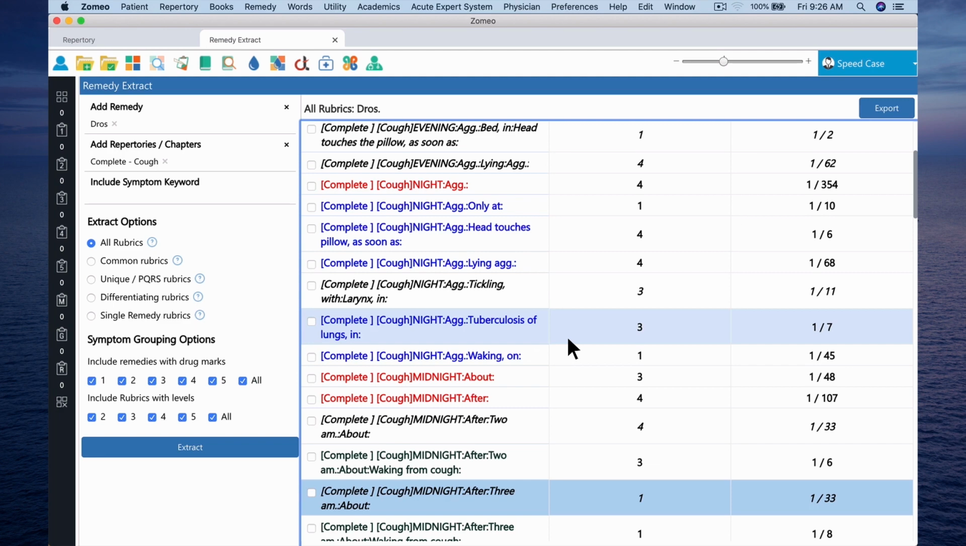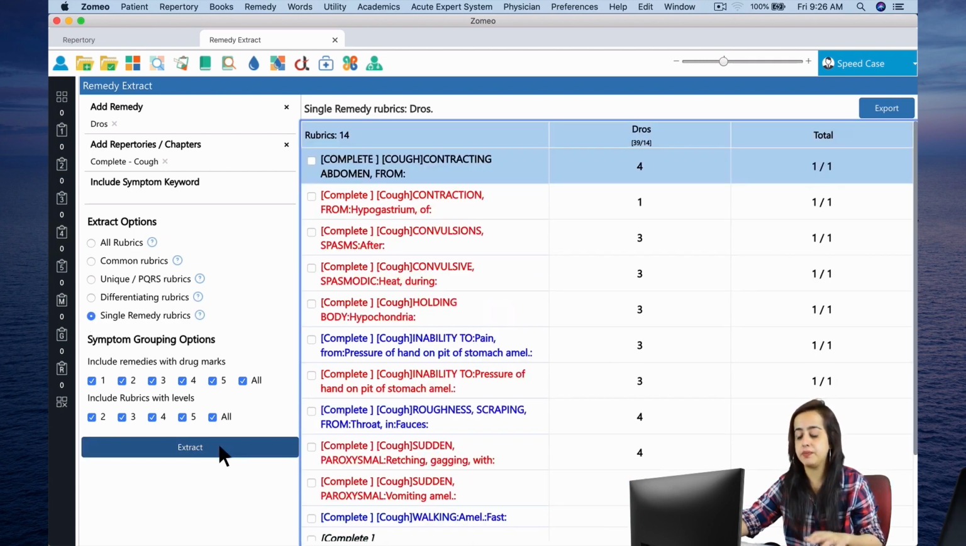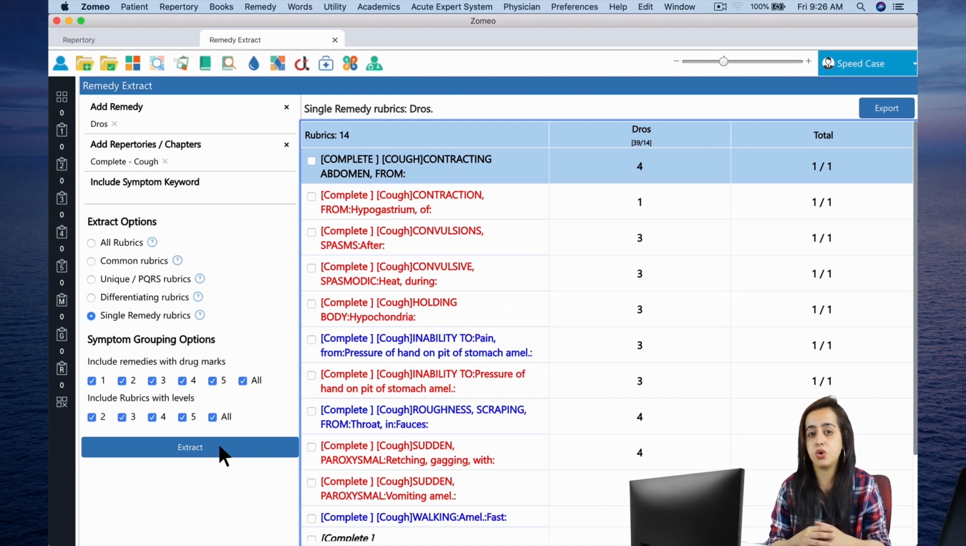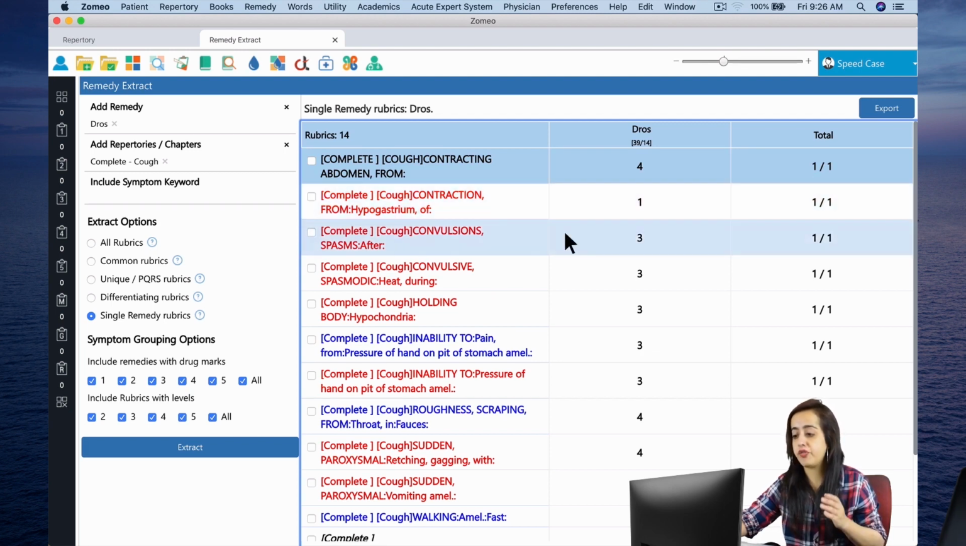Now again, let us have a look at the single remedy rubrics of Drosera. Let us see what is unique to this remedy. Okay, so Drosera has more rubrics which are single remedy in comparison to causticum. We have 14 rubrics of Drosera. So the first one is cough contracting abdomen from, cough contraction from, cough convulsions spasms after,